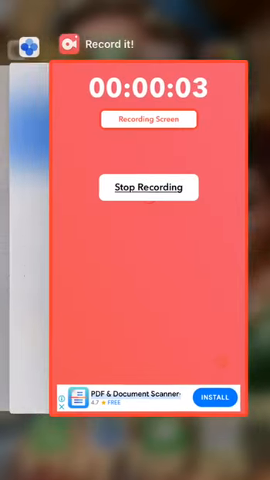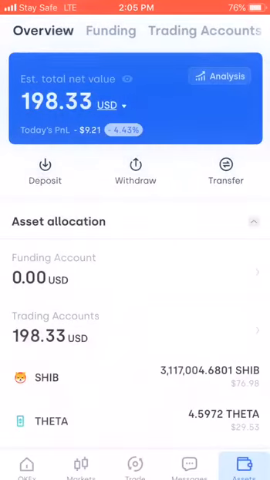I want to show you how to buy crypto in OKX using your local currency. I mean, this tutorial is for the countries where buying with local currency is supported. In some countries, they are not supported, like in my country, we cannot buy with our local currency. But if your country is supported, this is what we do.